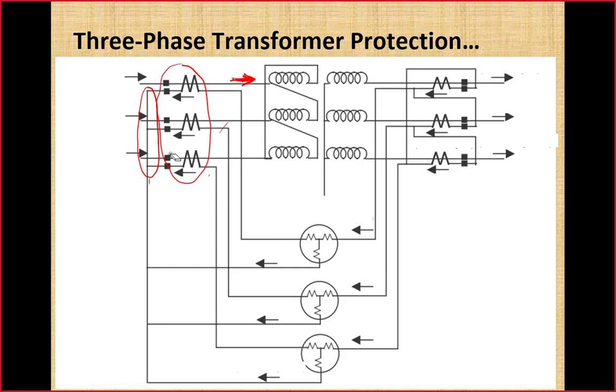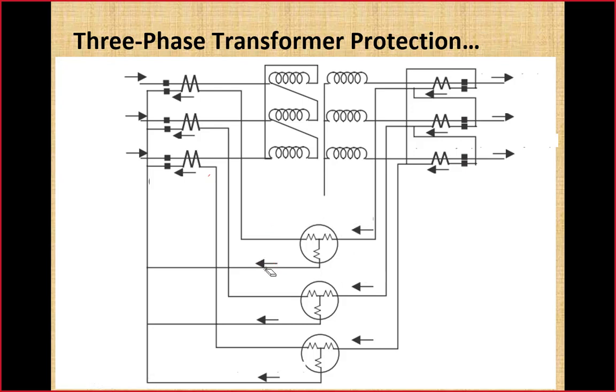Now next task is the CT ratio. How to select the CT ratio so that the magnitude is also same on two sides. Magnitude of current here which is flowing towards the differential relay and which is flowing away from the differential relay. These two currents should be equal in magnitude as well as in phase with each other. Only then we will get a zero current ideally, or very small current practically here through this differential branch during the normal condition. Once fault will occur, definitely we have much larger differential current as compared to the restraining coil current.